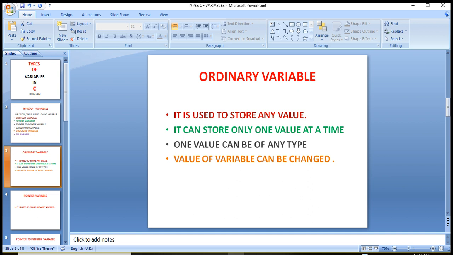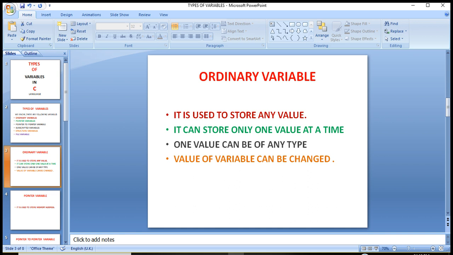So an ordinary variable is used to store any value. It can store only one value at a time, and that value can be of any type. And the value of a variable can be changed. Every variable has a particular address in memory. That memory location is given a particular name, which is kept as the variable.